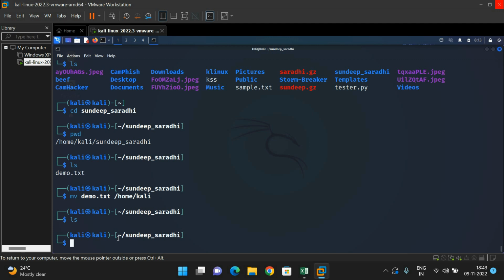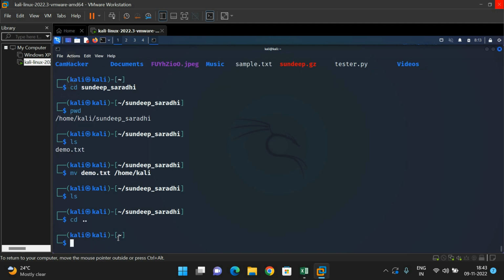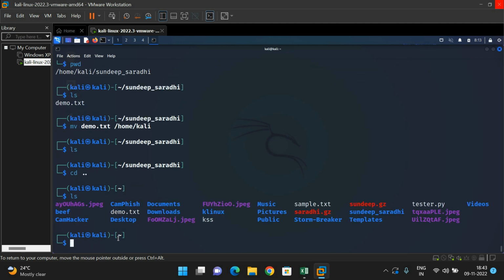that demo.txt from the Sundeep_Saradhi directory to Kali. So let us move on to the Kali and give ls. Here you can see demo.txt, and now we will see move sample.txt to home Kali